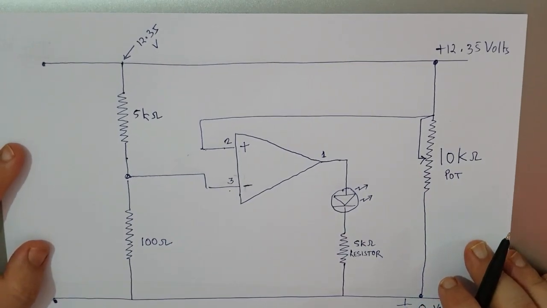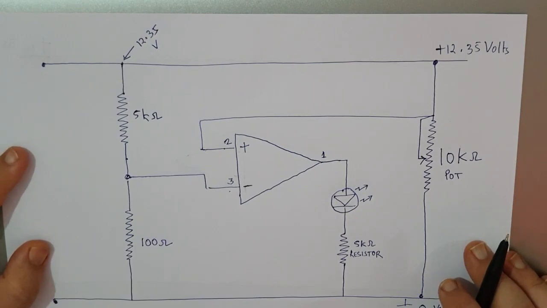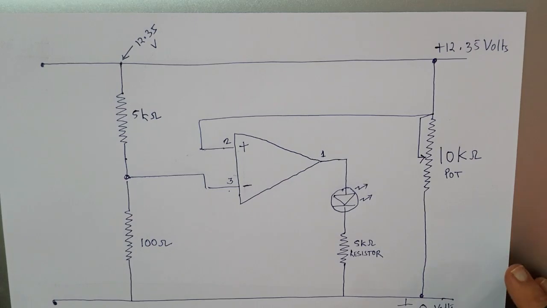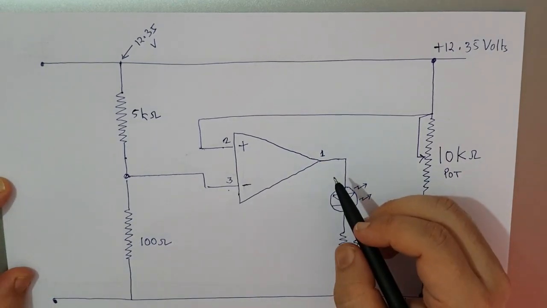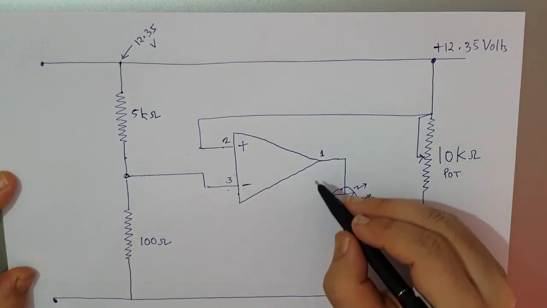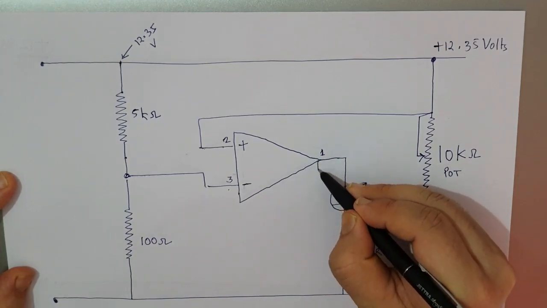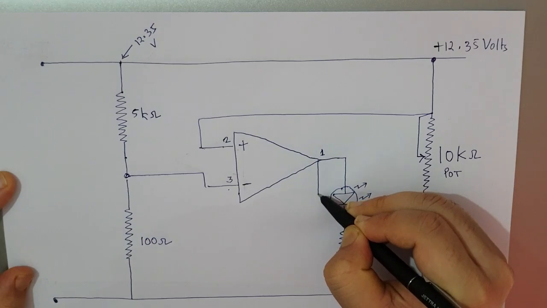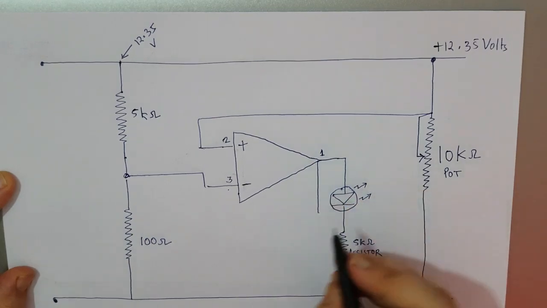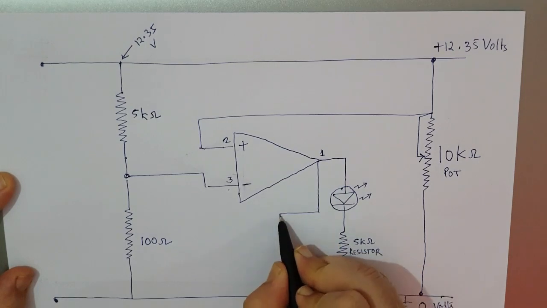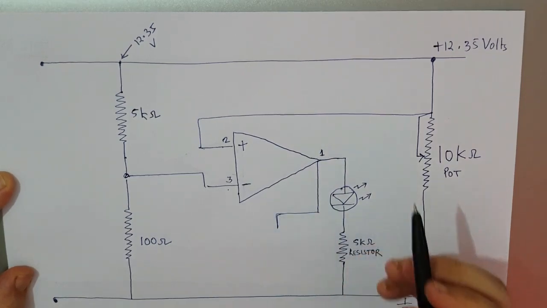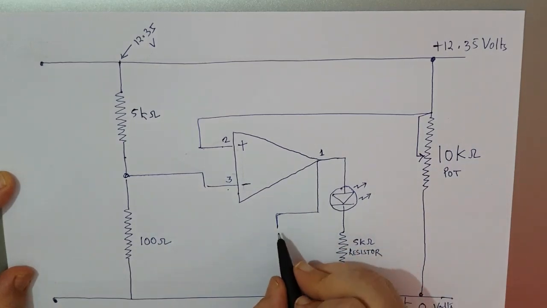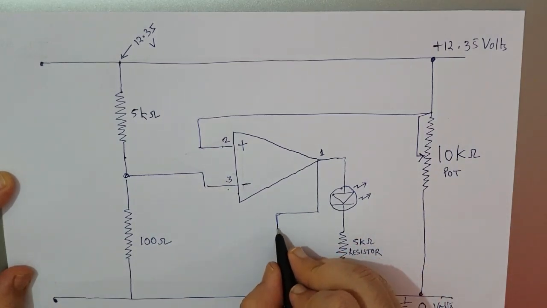Now going back to pin number 1. In pin number 1 you would see that there is a LED connected to a 5 kilo ohm resistor. I would also connect a relay against the 5 kilo ohm resistor. So whenever a voltage comes out of pin number 1, that would be function 1, where the LED would glow, and in parallel the relay will also get activated. The relay is against pin number 1 and to the ground section.